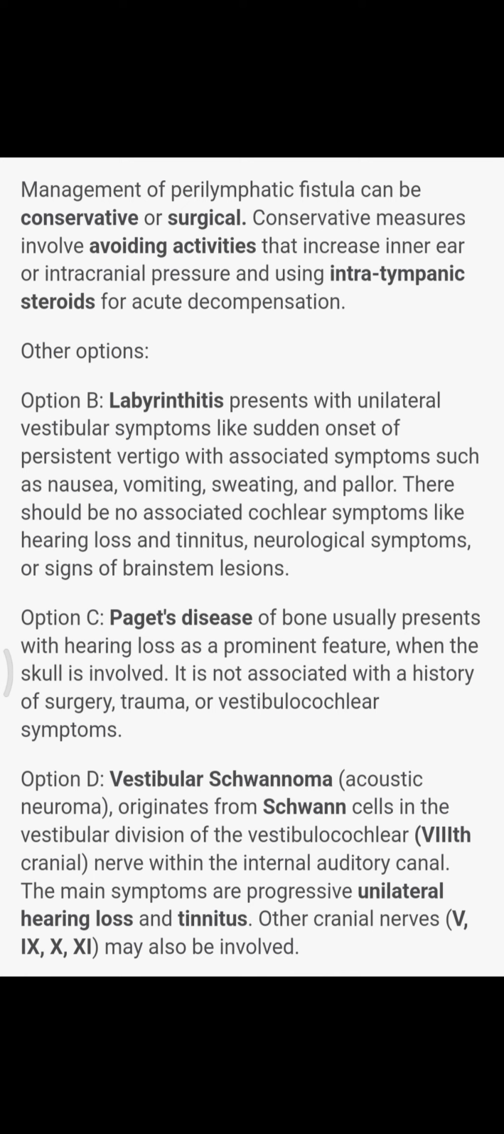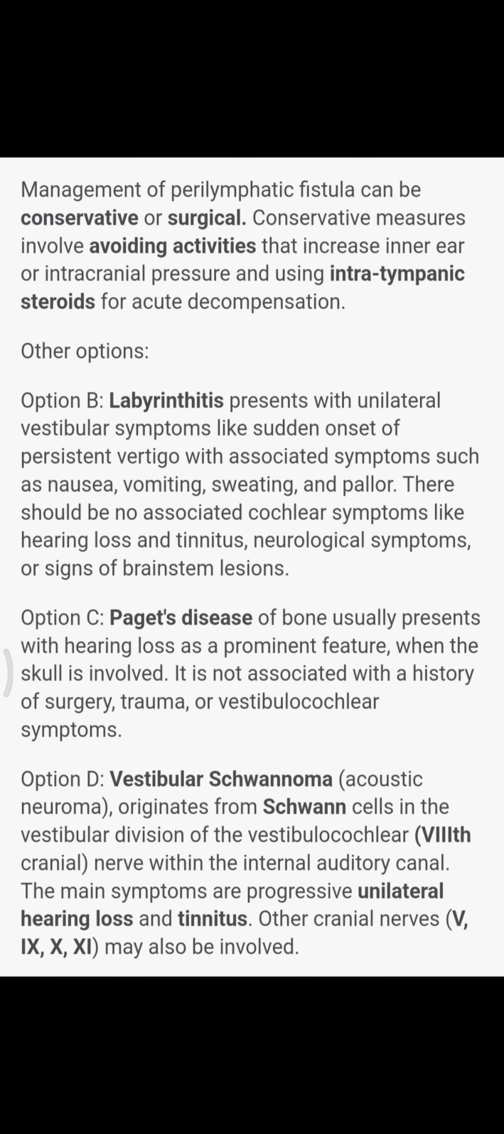And Paget disease of bone usually presents with hearing loss as a prominent feature when the skull is involved. It is not associated with history of surgery, trauma, or vestibulocochlear symptoms. All right, and a vestibular schwannoma or acoustic neuroma originates from Schwann cells in the vestibular division